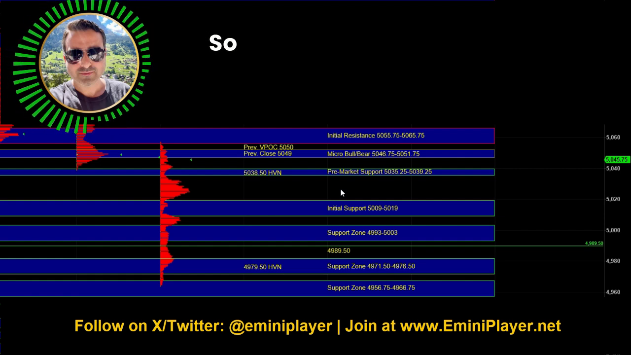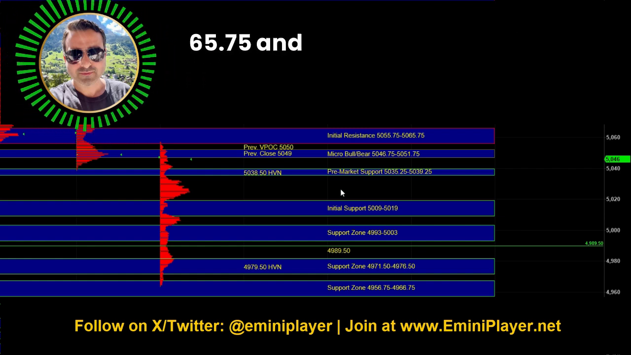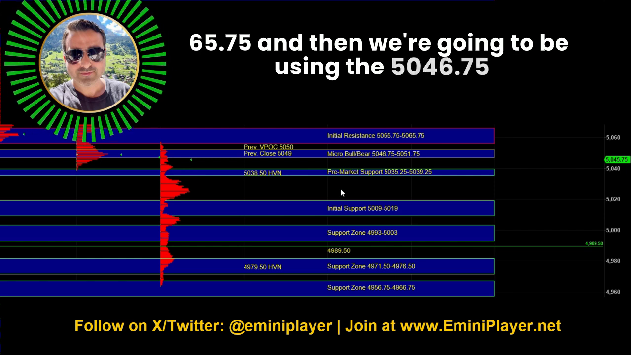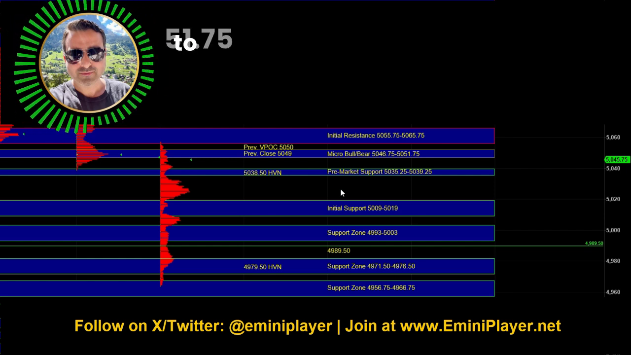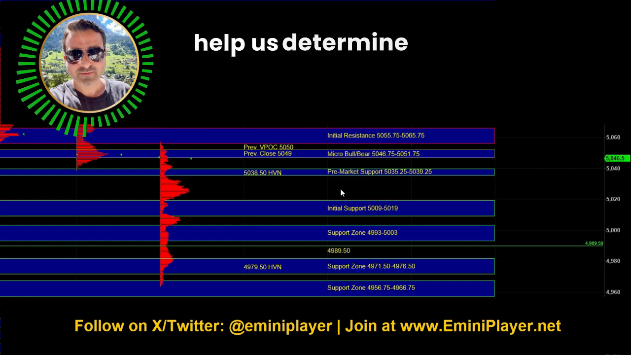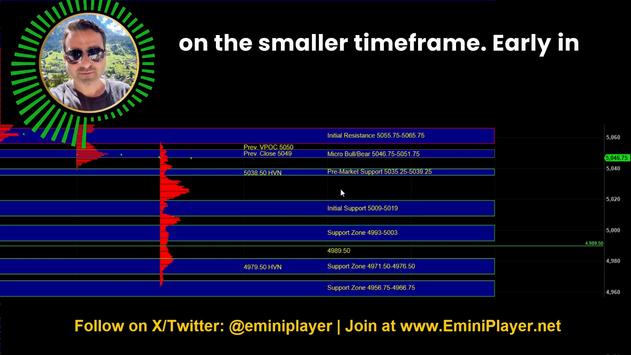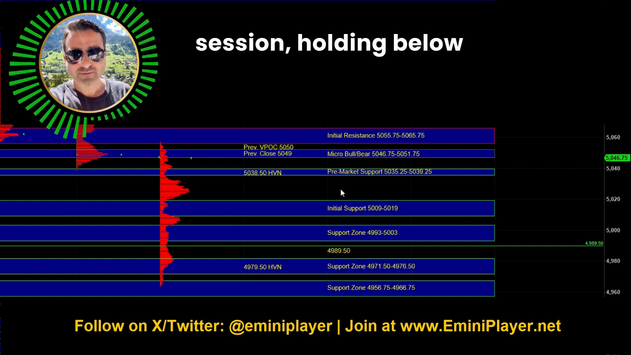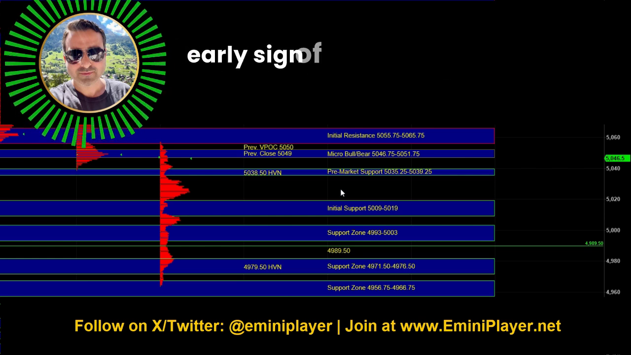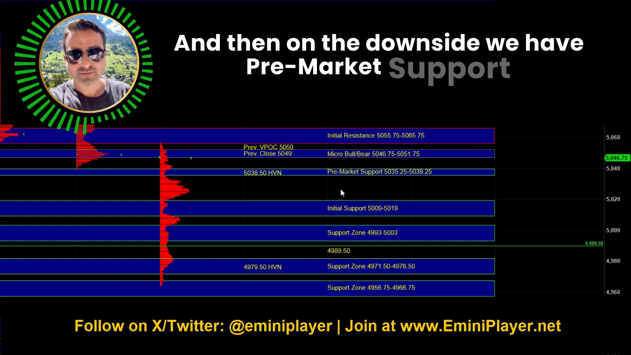4,963.5. So we have the intraday bias changing zone at 5,055.75 to 65.75, and then we're going to be using the 5,046.75 to 51.75 area as the micro bull bear zone to help us determine which side is being dominant on the smaller time frame early in the session. Holding below 5,046.75 would be an early sign of intraday weakness, and then on the downside we have pre-market support at